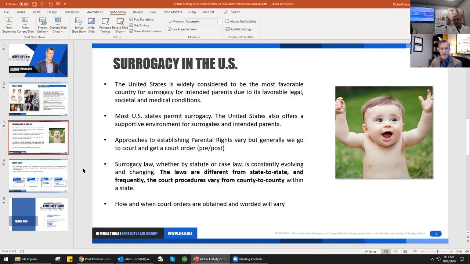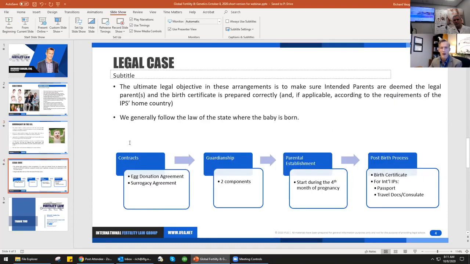Now, ultimately, in a surrogacy case, our objective is a court order, and the court order is necessary to establish the intended parents as the legal parents, because the law otherwise would assume that the surrogate, the person carrying and delivering the baby, is the mother. So we need to go to court to get a court order to rebut that presumption. So that's our ultimate objective, and there are several things that we do to get ready to go to court